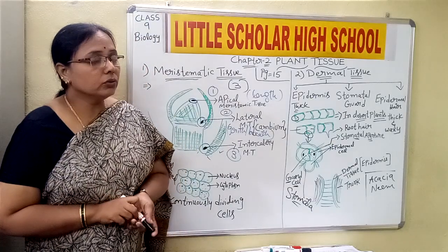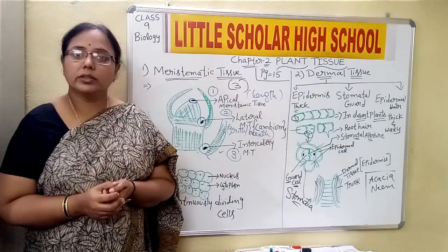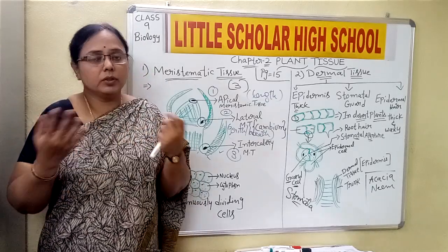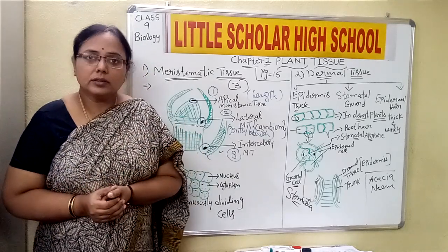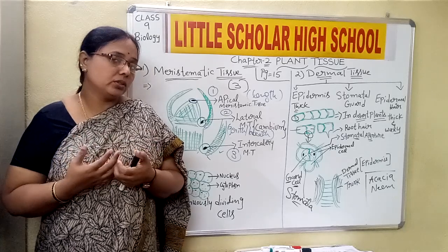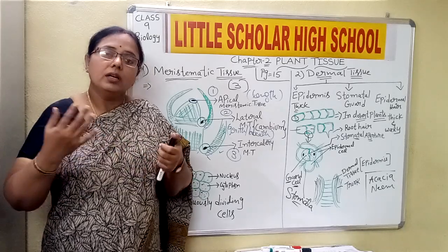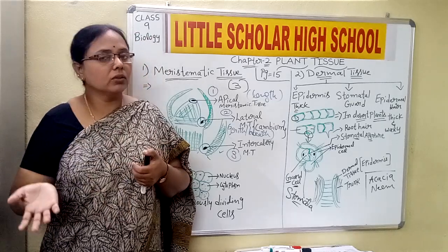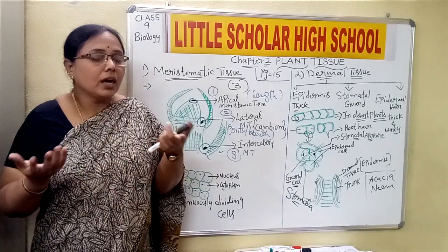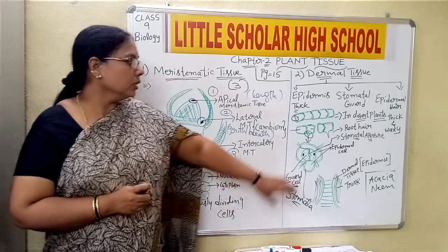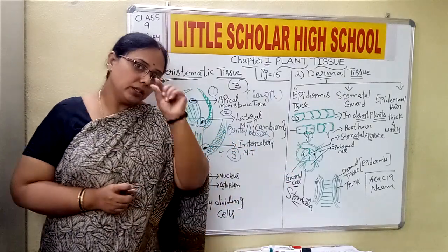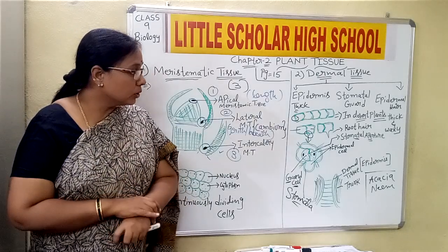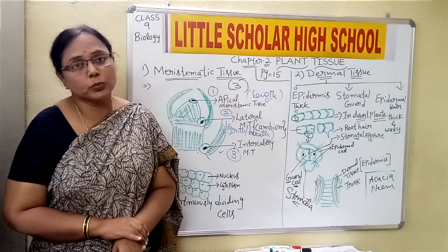Okay children, all of you know that stomata plays an important role in the exchange of gases. Even plants need gases for their survival or for the process of photosynthesis, wherein carbon dioxide enters the plant and oxygen is given out by the plant. So how does this occur? It occurs through the stomata only, because there is an aperture which allows the gases to move in and out, and it also helps in the process of transpiration.